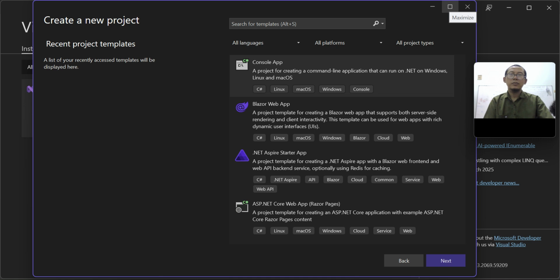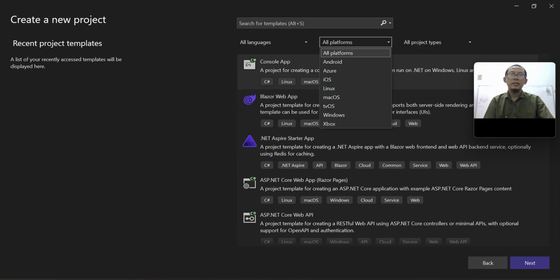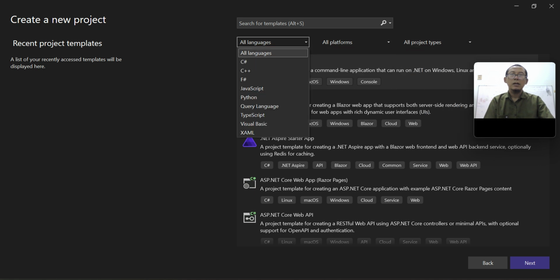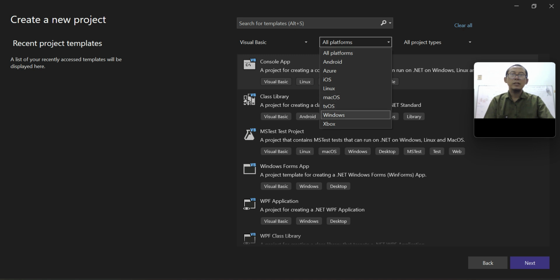Now let's find the template. The language I use is Visual Basic. The platform is Windows.